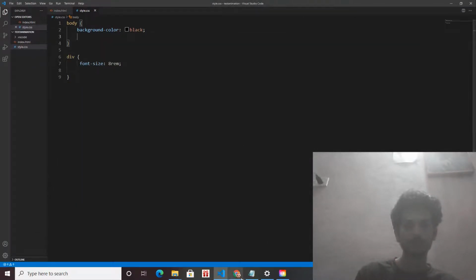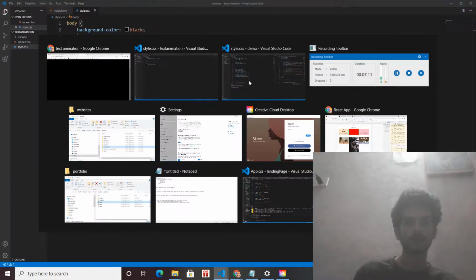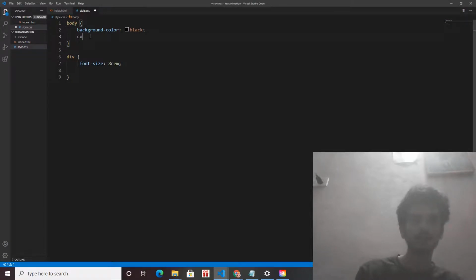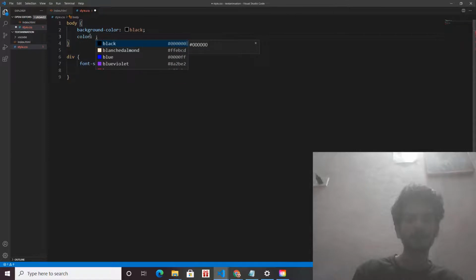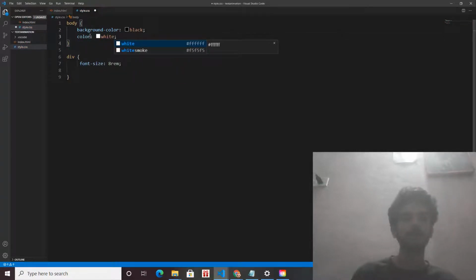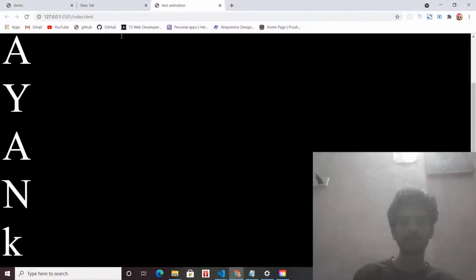Why is it not showing? Because the color is black. I have to give the text color white so that it comes out from the background color and doesn't stay behind it. We have to bring it in front of the background. So I am giving white color, and the text will automatically appear.